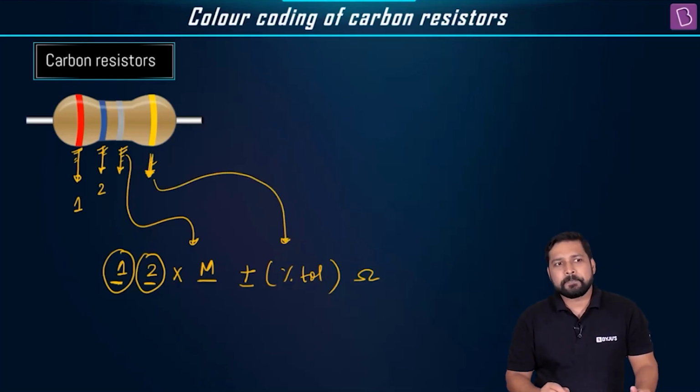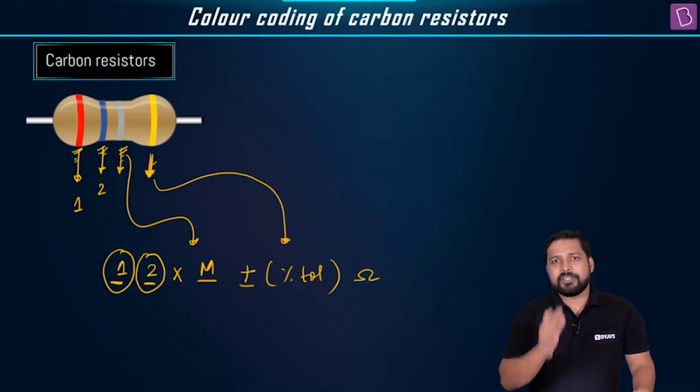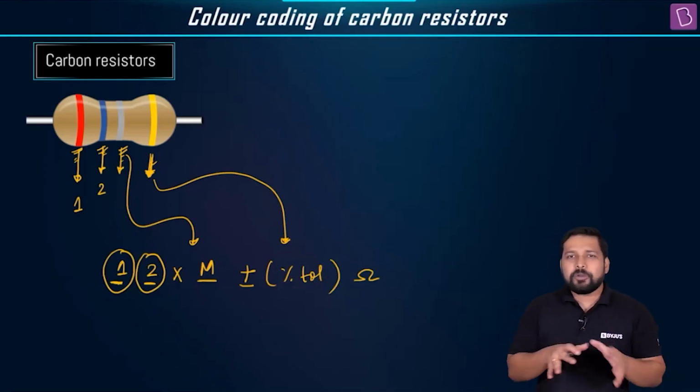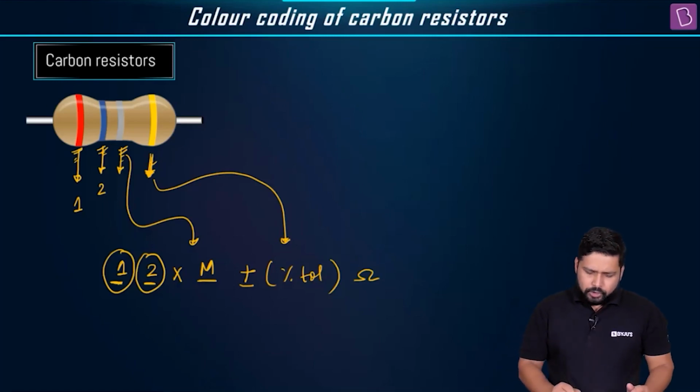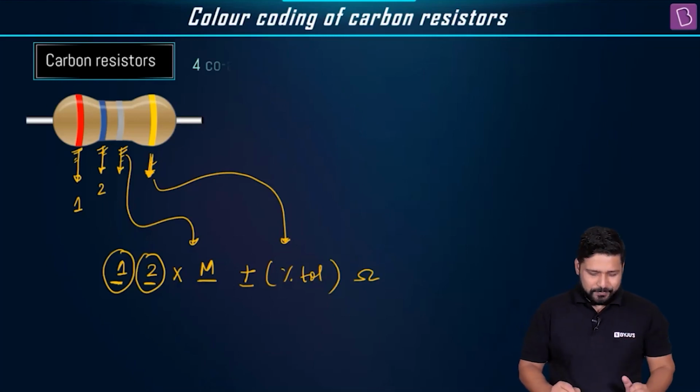As we know that for anything we talk about, we cannot have a measurement of any physical quantity in such a sense that it is a perfect measurement. There will always be some kind of an error, right? So this tolerance will actually tell you how much variation you can expect. So this is what we have to decode. But what are the numbers that are allocated? What are the values? Those things we need to know.